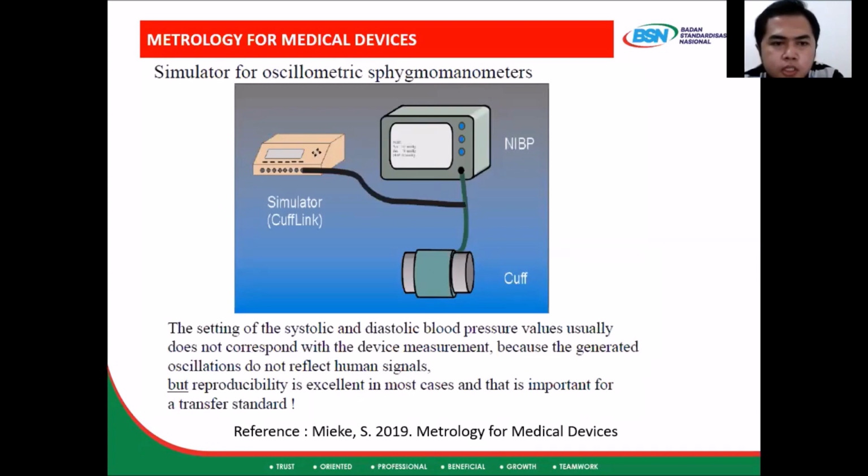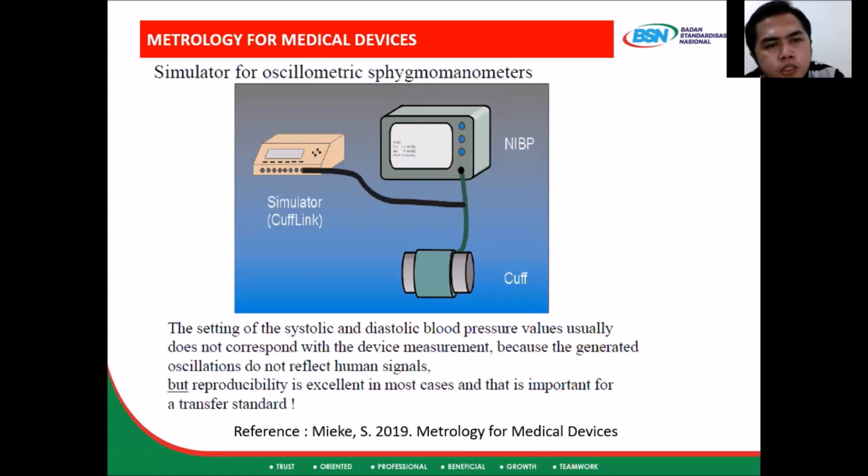And the simulator for oscillometric sphygmomanometer is basically designed to test the repeatability of the NIBP device when showing the systolic and diastolic pressure. However,